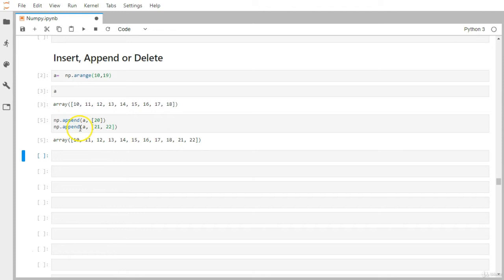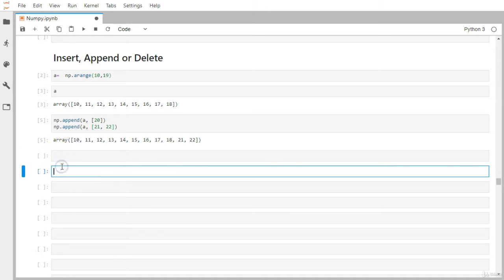Now you can see that after this appending operation, or any kind of operation we'll see in this video, it won't change the original NumPy array, so no effect will come in the source NumPy array. Whatever NumPy array it returns, you just grab it into another variable. So that is how you can do it on one-dimensional data.